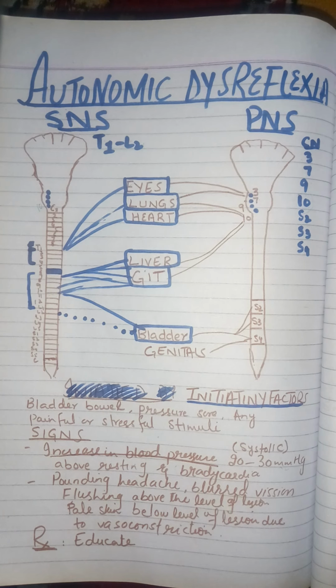Soon after the spinal cord injury, the spinal cord goes into shock. That means all of the reflexes, whether autonomic or superficial, deep, any reflexes, all suddenly disappear and the patient is in a state of shock. Spinal shock